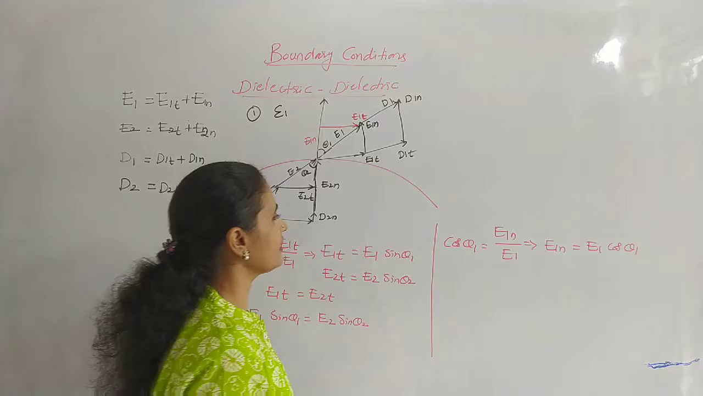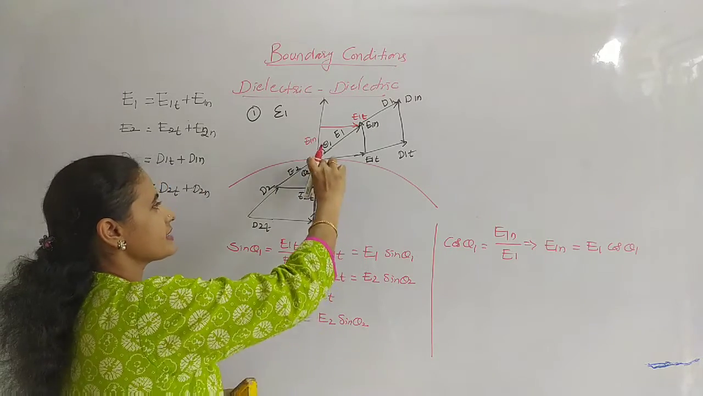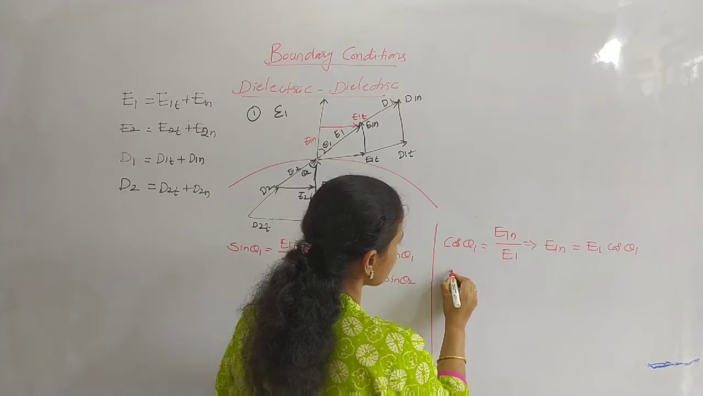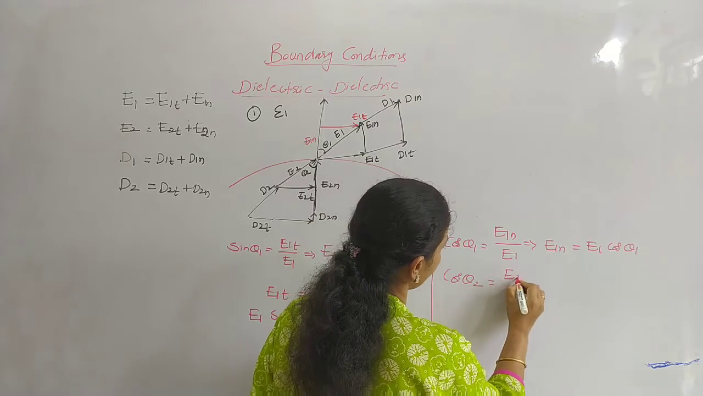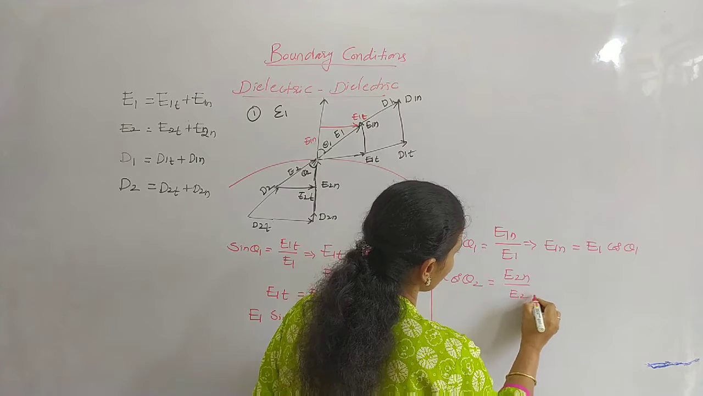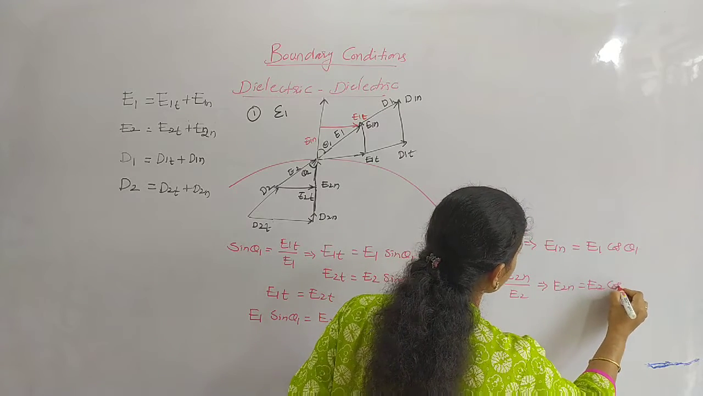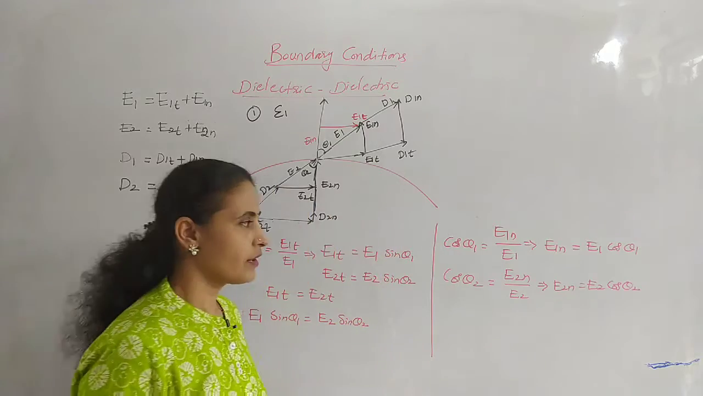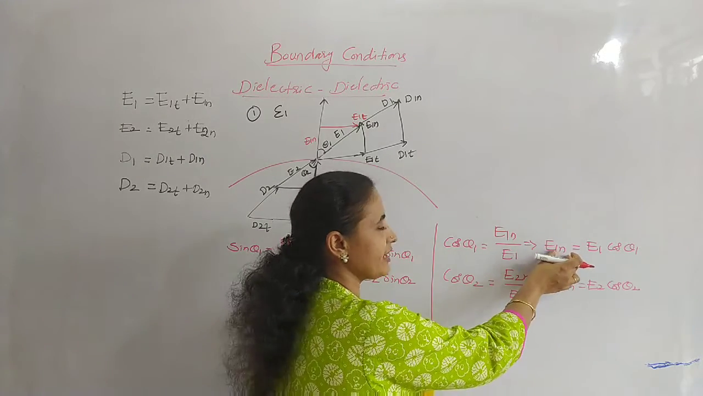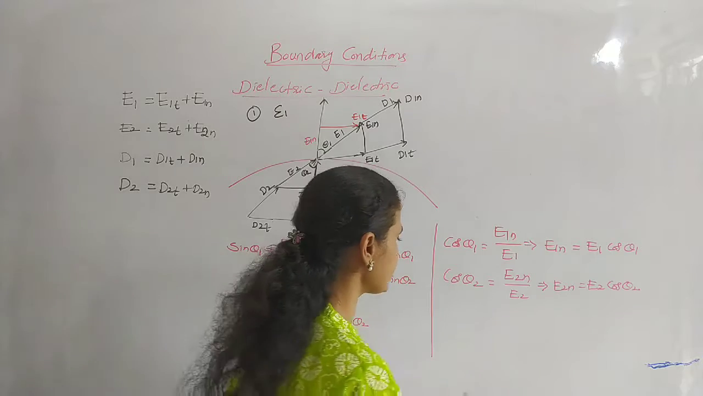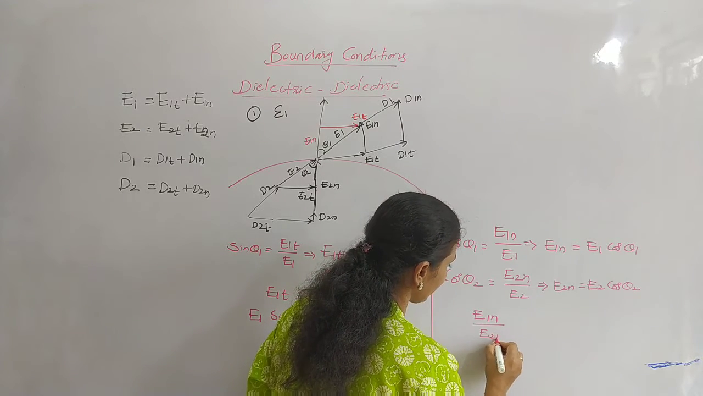In the same way, in the second case also, cos theta 2 is adjacent side by hypotenuse. So cos theta 2 is given by adjacent side E2n by E2. From this, E2n is given by E2 cos theta 2. Okay. So from the boundary conditions for E1n and E2n,